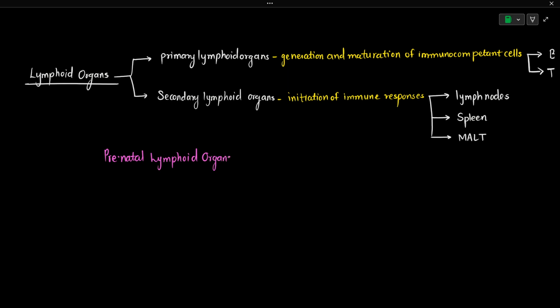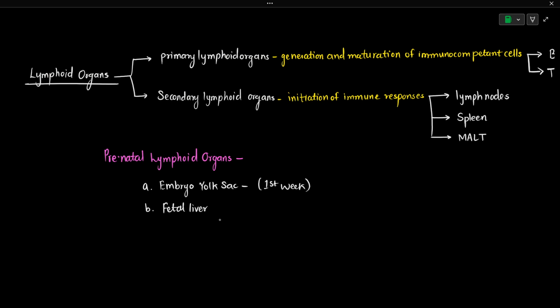They are referred to as prenatal because these are the lymphoid organs which give rise to the immune cells before birth. So during the first week of development, the blood cells will be formed by the embryo yolk sac. Okay, so this is during the first week of development. Whereas when the fetus is 3 months old, in the third month of development, the fetal liver is going to give rise to the